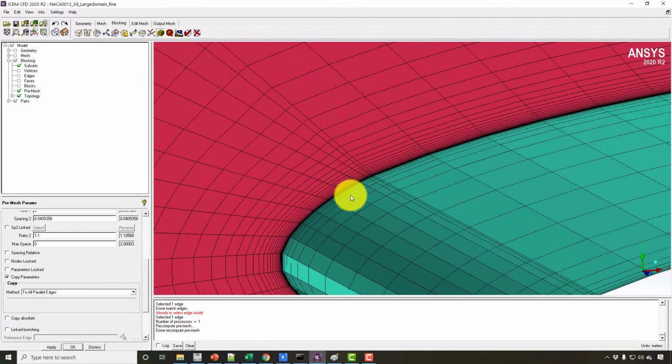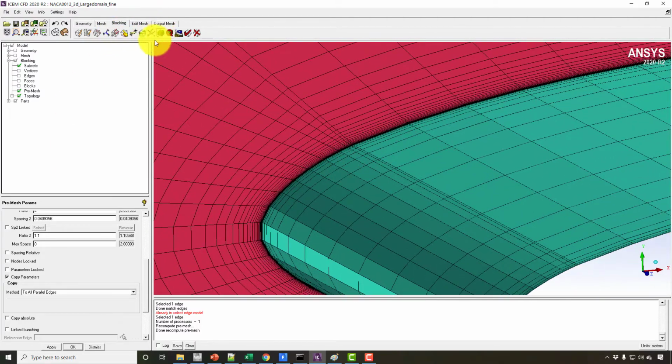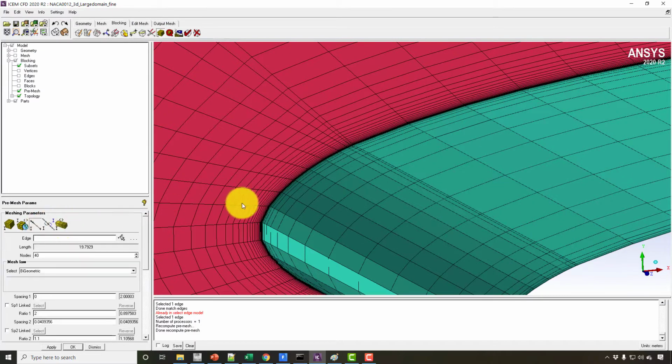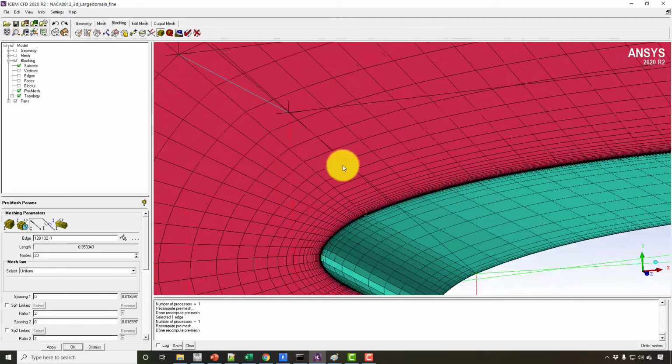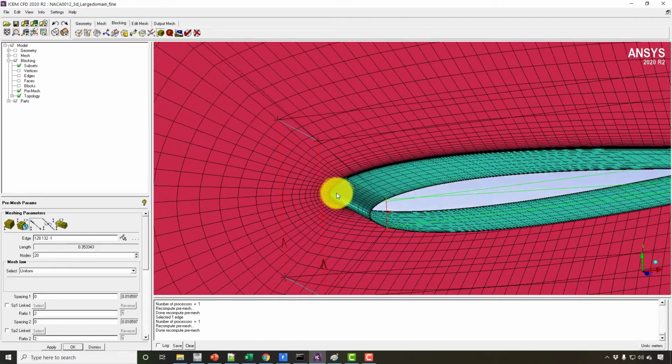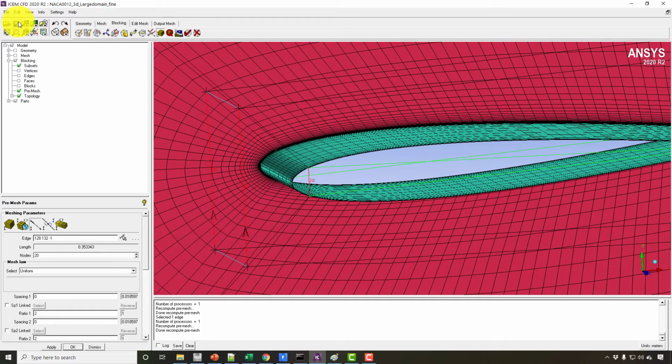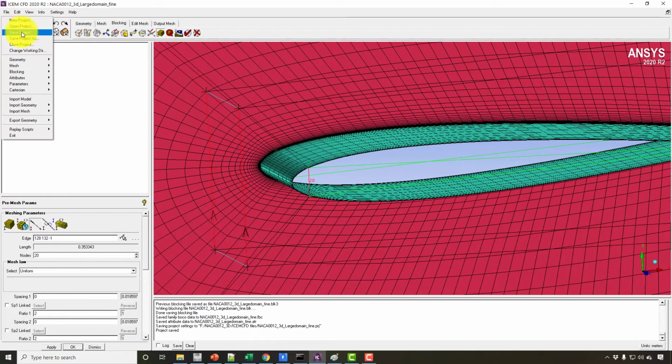Okay, so here it looks okay. I have some problems here, so I will rectify these problems. First thing is that I will make the mesh here uniform. There's no need to define the spacing here, number one. The size has increased somehow. And if you take a look here, this is a fine mesh. So I will save it as it is. I'm not working on the fine mesh.